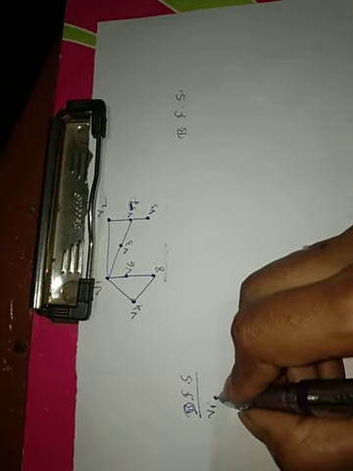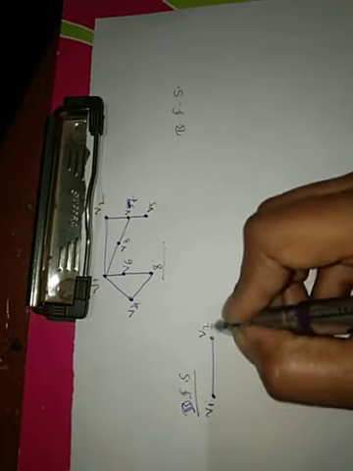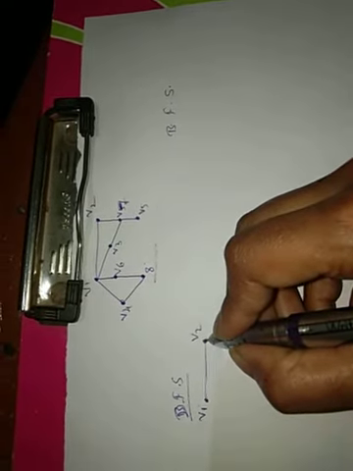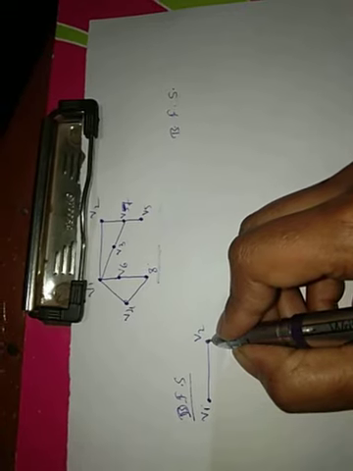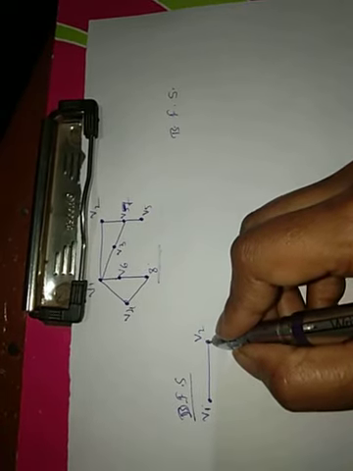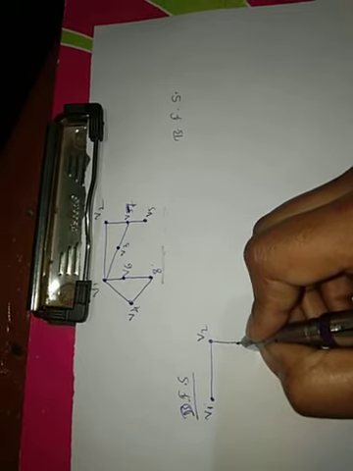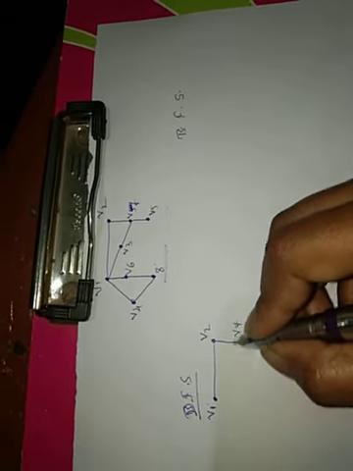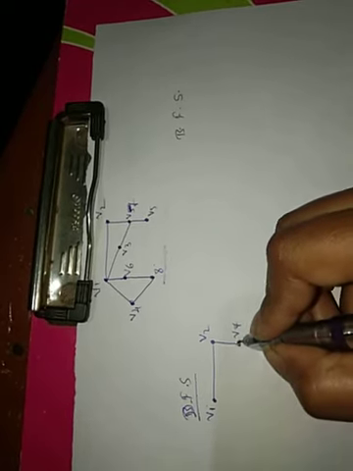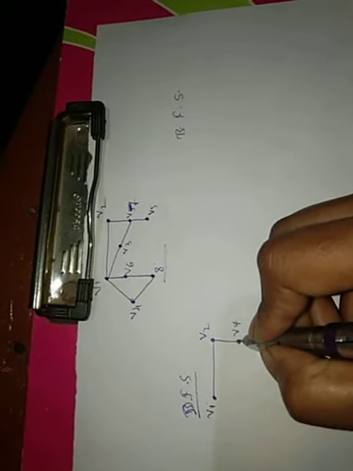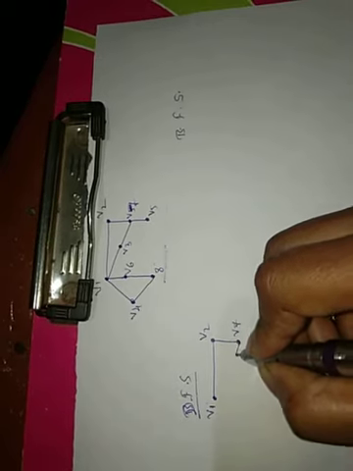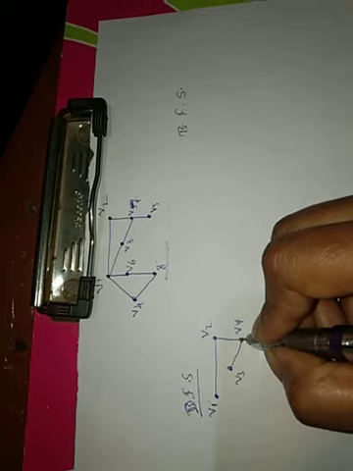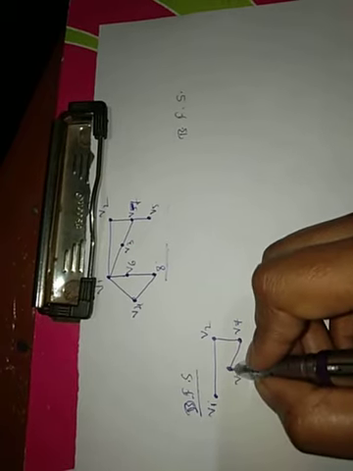and come to V2. Now consider V2 as a root. So start with V2 and see the edges joined with V2, that is V7. So take V7. Now V7 is a root. For this V7 we have an edge to V3. Join V3, V7. Now consider V3 as a root.